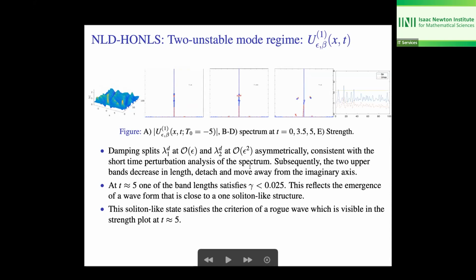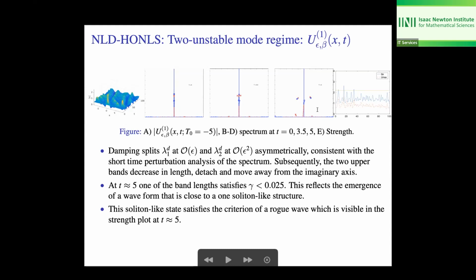All of the short-time perturbation results, all of those short-time numerical results are consistent with the perturbation analysis. And so subsequently, the two upper bands decrease in length and they detach and move away from the imaginary axis. And so at T approximately 5, which you see in the fourth plot here in figure D,